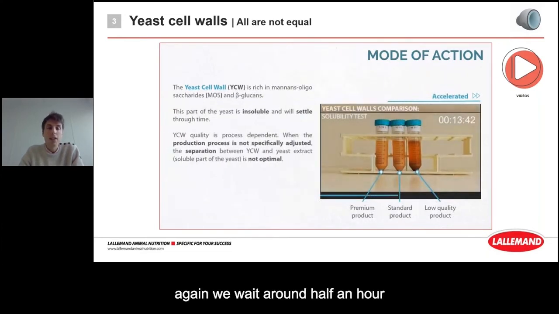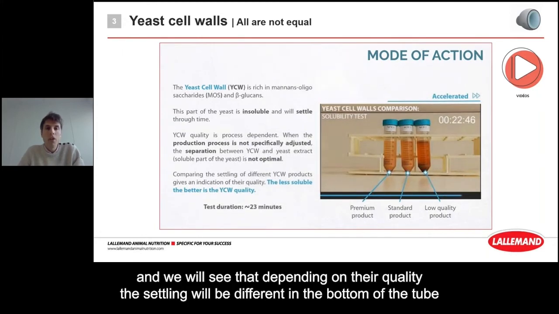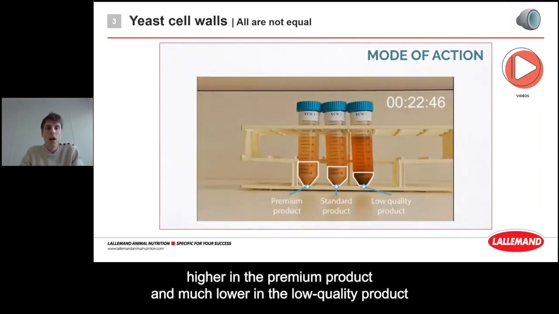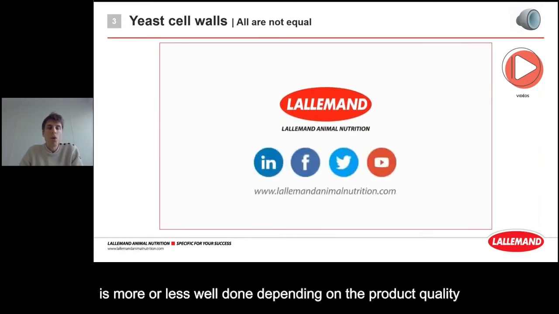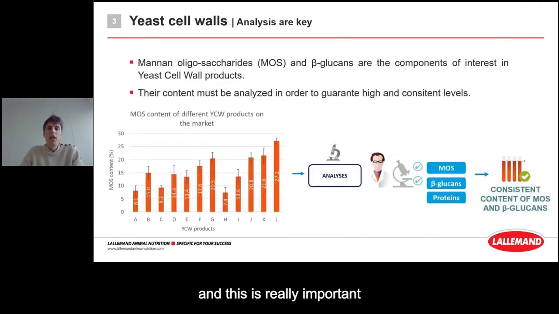Again, we wait around half an hour just after mixing to let the product settle in the bottom, and we will see that depending on their quality, the settling will be different in the bottom of the tube, higher in the premium product and much lower in the low quality product, meaning that the separation between the yeast cell wall and the yeast extract is more or less well done depending on the product quality. And this is really important